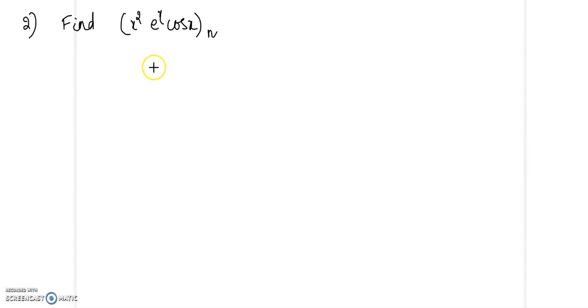Let us look at the second problem. So that is to find the nth derivative of x square e raised to x cos x. So here we will take v to be x square, കാരണം x square ന്റെ derivative പെട്ടെന്ന് 0 ആവും, and we will take u to be e raised to x cos x. So by using Leibniz theorem,